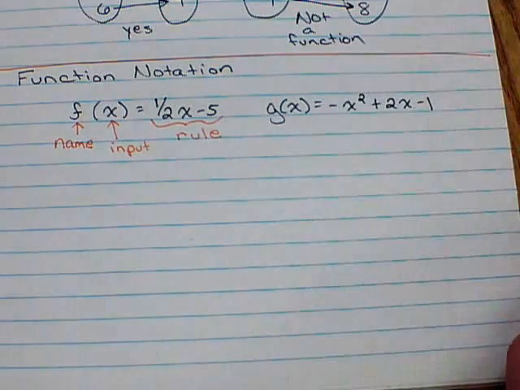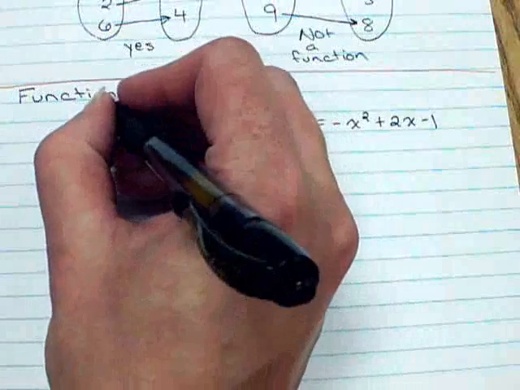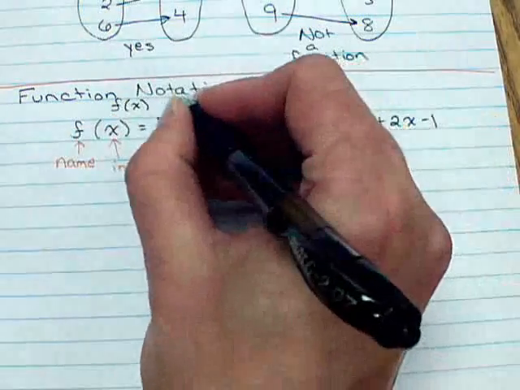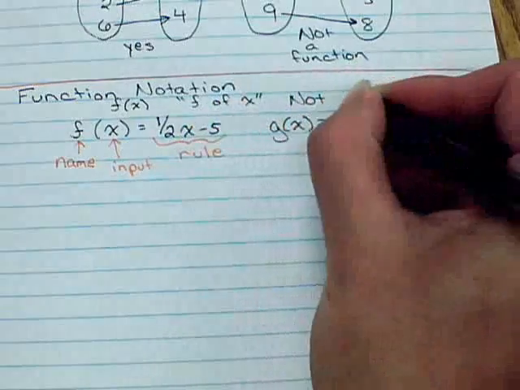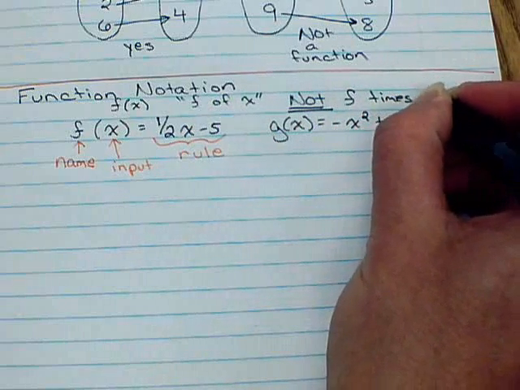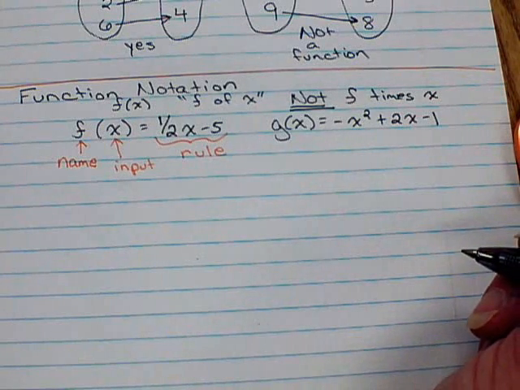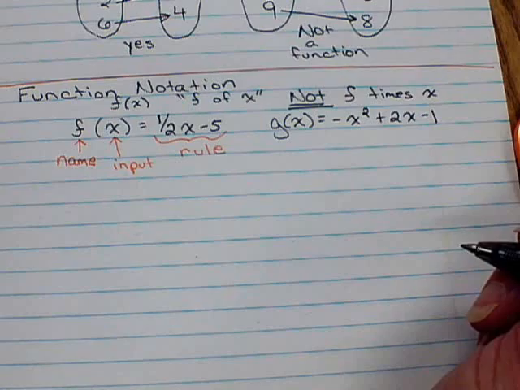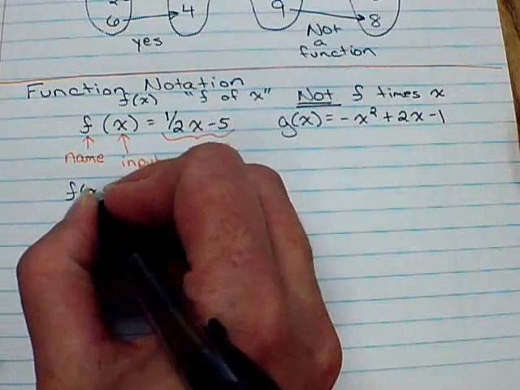Now I want to remind you, this is f of x. This is called f of x. It is not, and I repeat not, f times x. Please do not make that mistake. F of x is another name for your y. It gives you the value of the output. Another way to think about it is f of x is the output